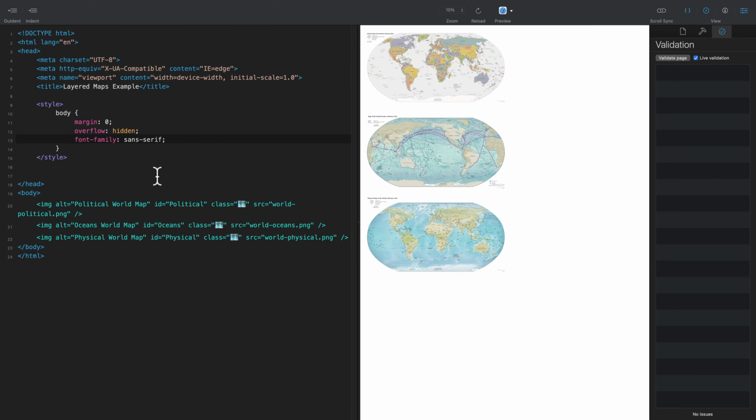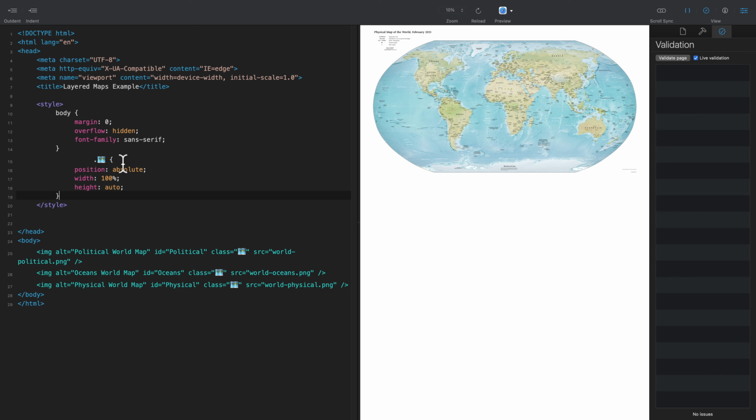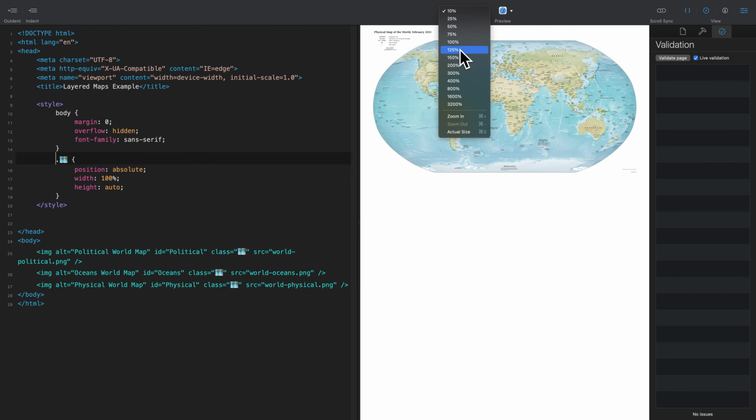Now the map CSS class is added. It starts with a dot, as that's the selector. We want all of the elements with the map class to have the following styling. The position is set to absolute. This is probably one of the most important styles in the project, as this is how we layer our maps.